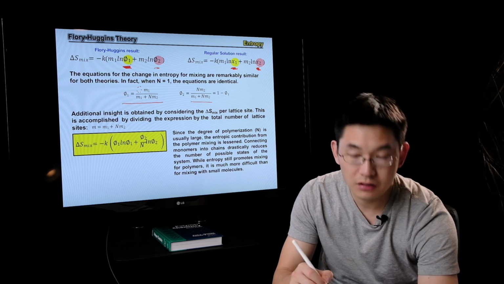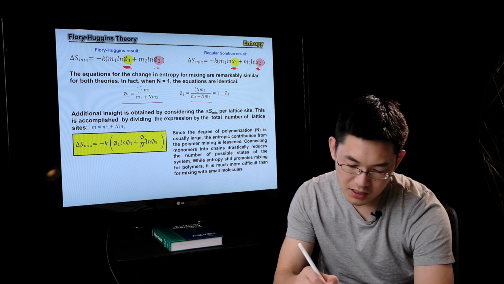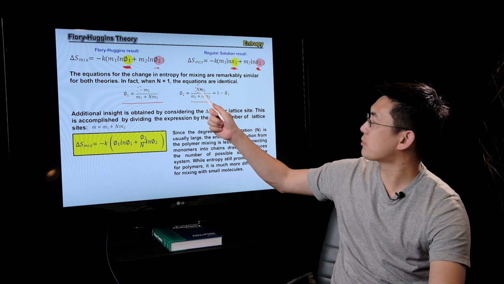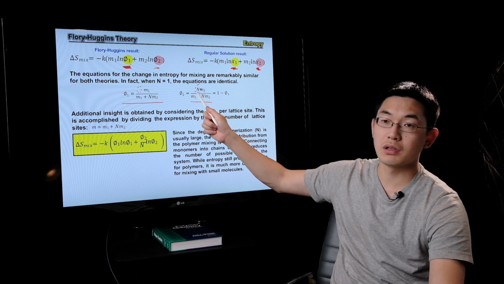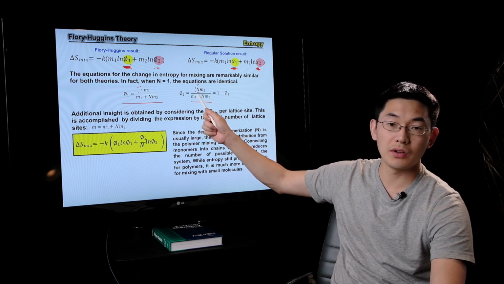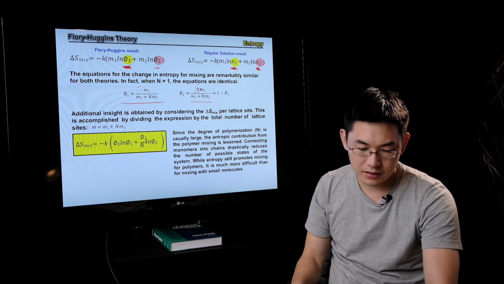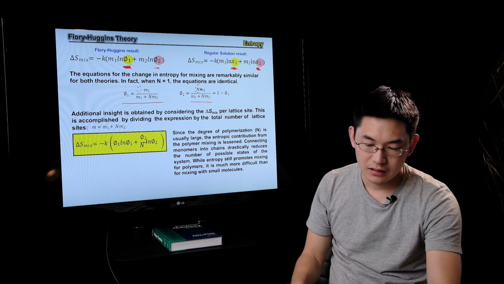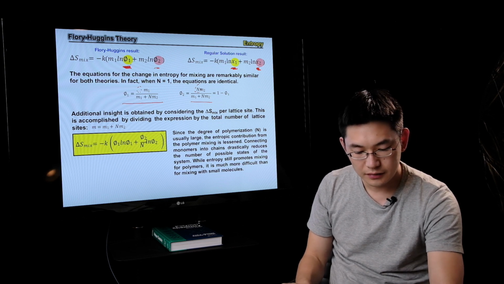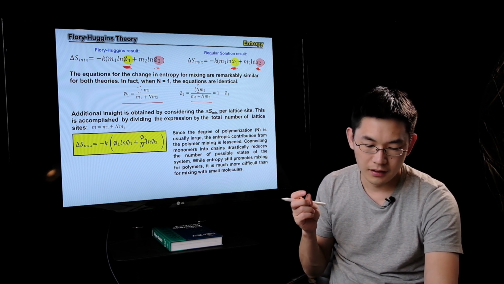There's no prefactor for phi 1. However, for phi 2 there's n multiplied by n2, because due to the polymer degree of polymerization, now you have to consider this term. And this makes a huge impact, because now delta S, you can either write